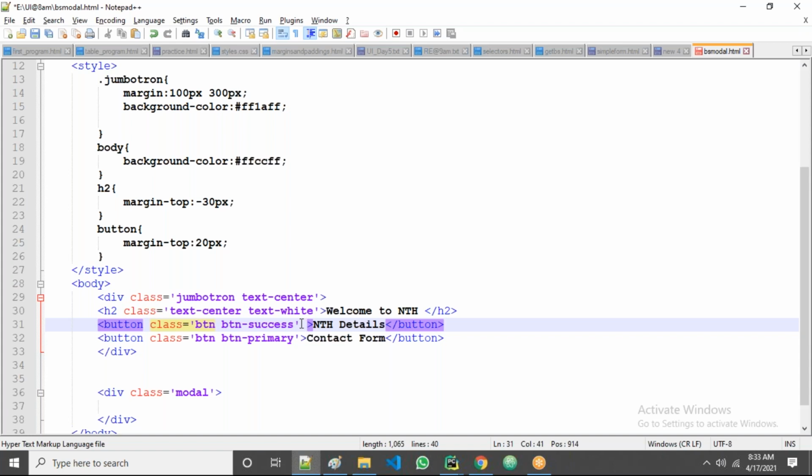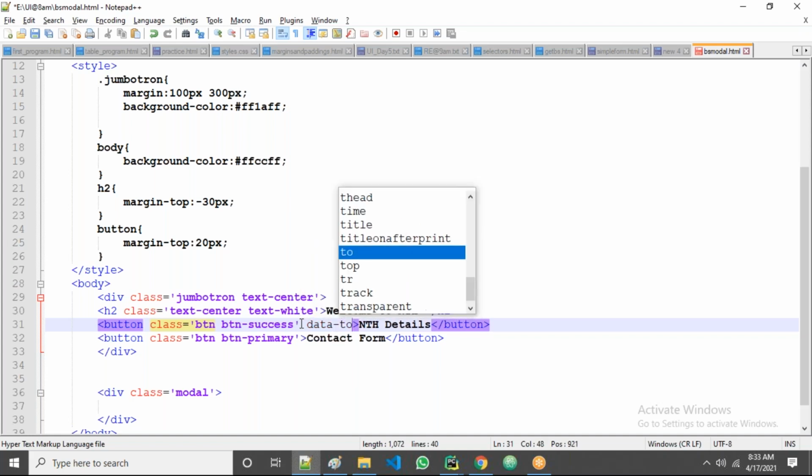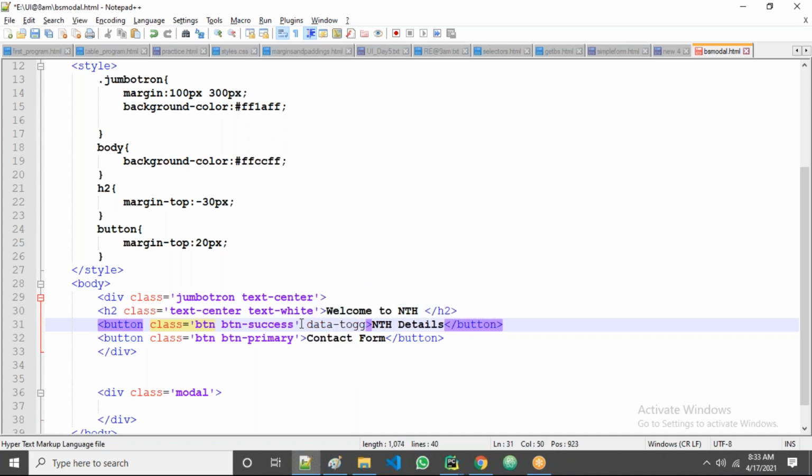The first one is data toggle, guys. Data toggle equal to modal, the name modal. This is one attribute.